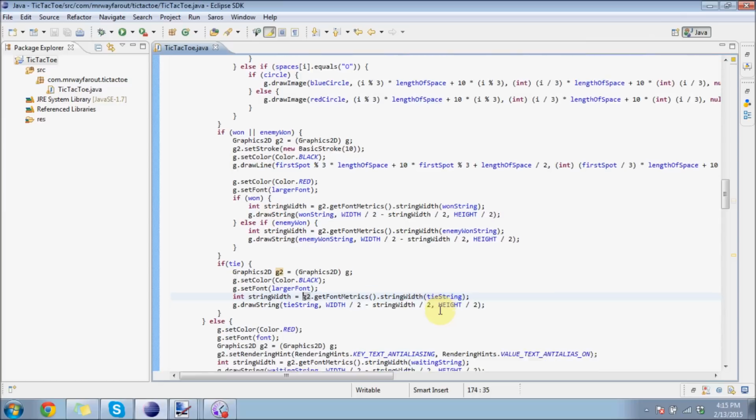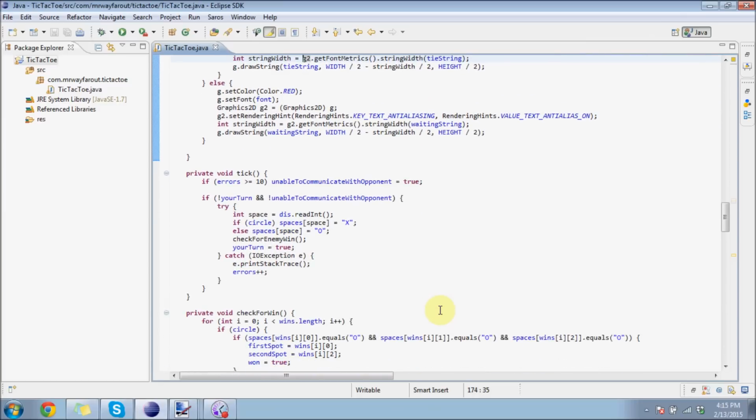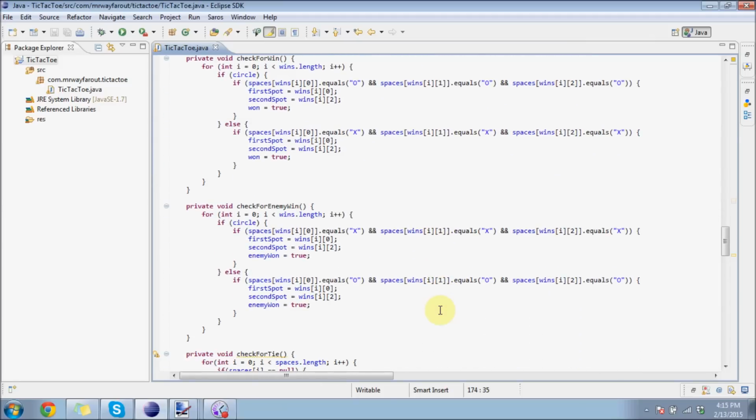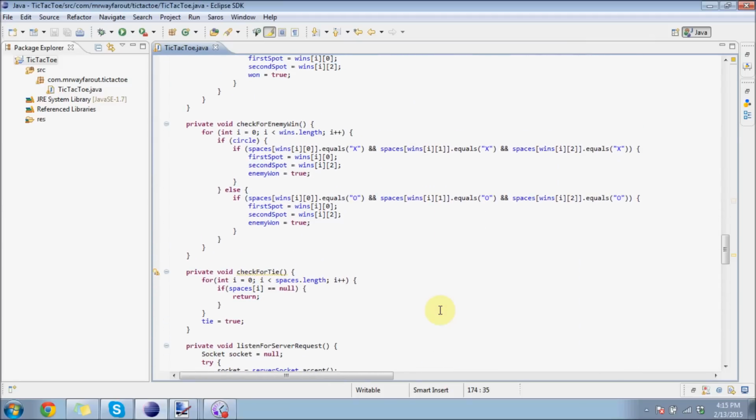Alright, so that handles the tie possibility. However, we never call the tie method, which could be a problem. We call the check for enemy win and we call the check for win method, but we have not once called the check for tie method, which is problematic because how are we going to know if it ended in a tie? So what we need to do is call the check for tie method